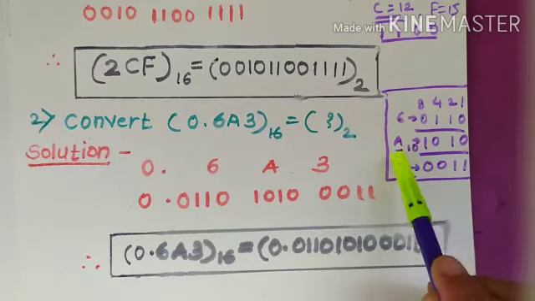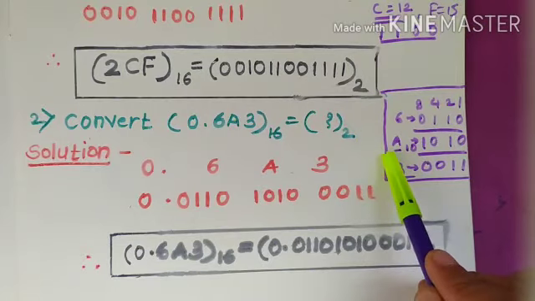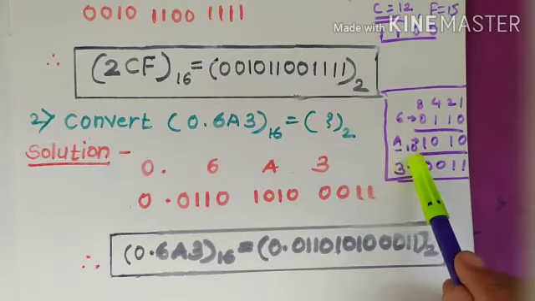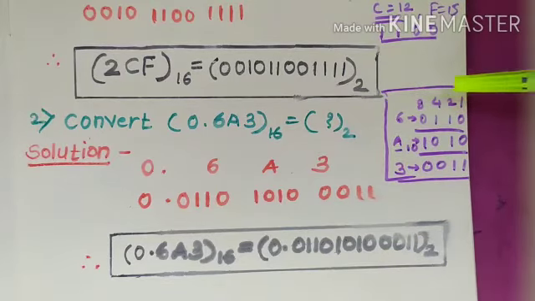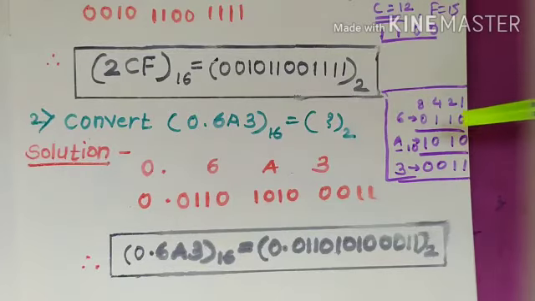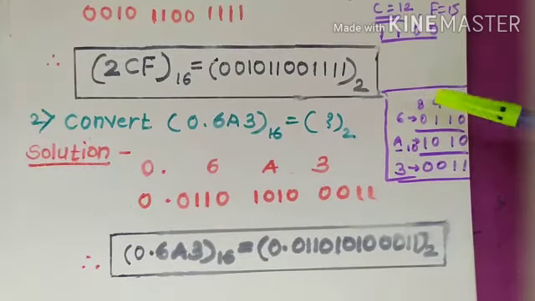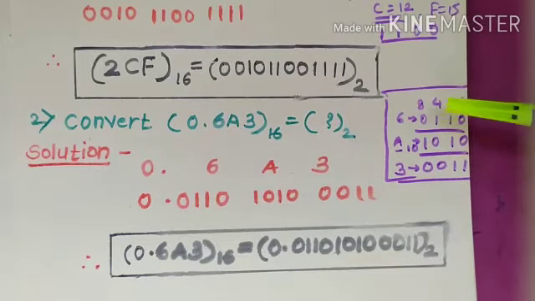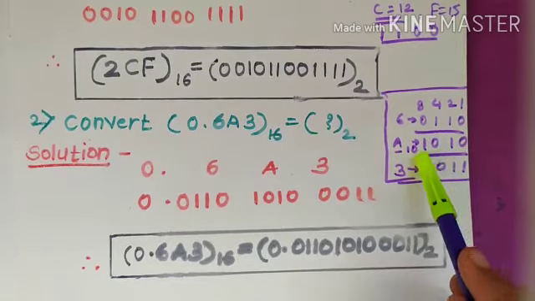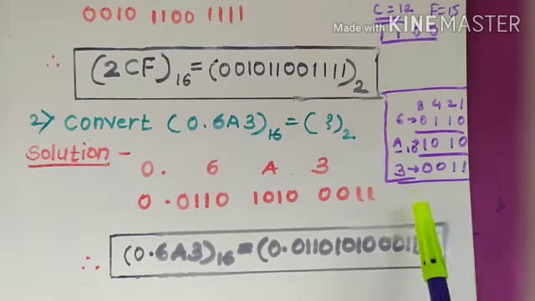Now again we have to represent the alphabet A hexadecimal in binary. So A is nothing but 10. So how to write 10? Addition of 8 and 2 gives 8 plus 2 is 10, and there is no need to write 1 below the 4 and 1 digits. Now this is 8, write 1 below the 8 digit and write 1 below the 2 digit, and the remaining numbers are represented by 0. So we'll get 1010 for the alphabet A. Now this 3.